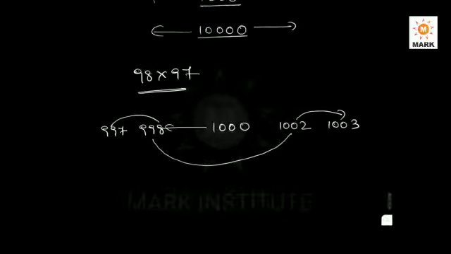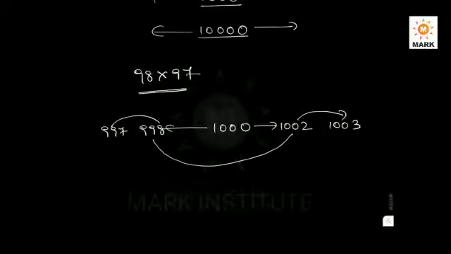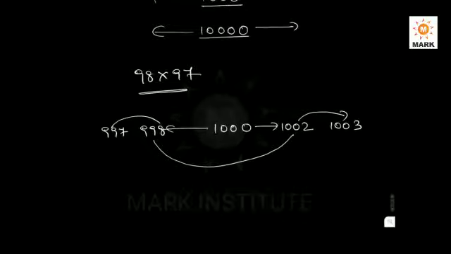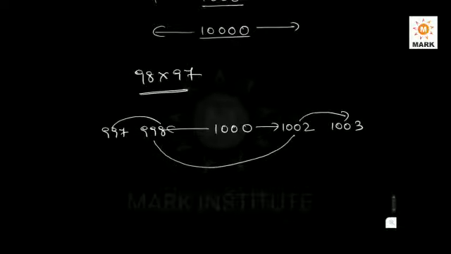So in this video, we will learn how to multiply the numbers which are in the neighborhood, in the sense plus or minus 1, 2, 3, in a faster, quick way. So we are going for the first question. Suppose you take the neighborhood of 1000, which is very difficult and most of the people are asking for this. If I take 998 into 997,